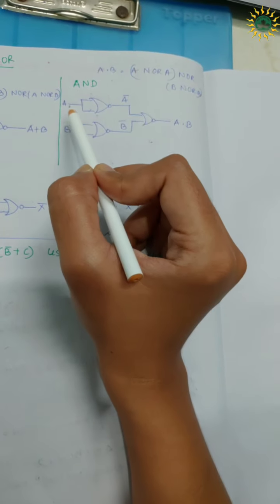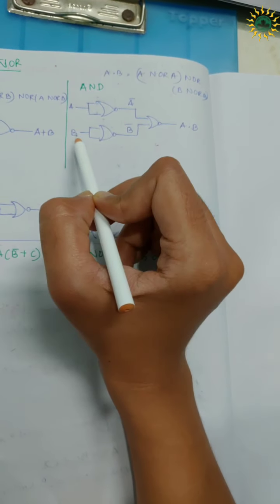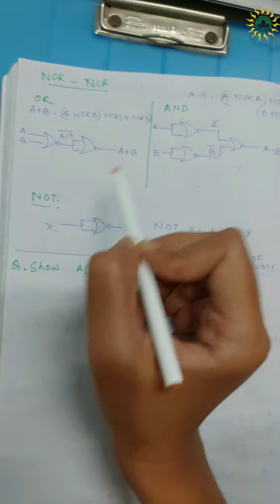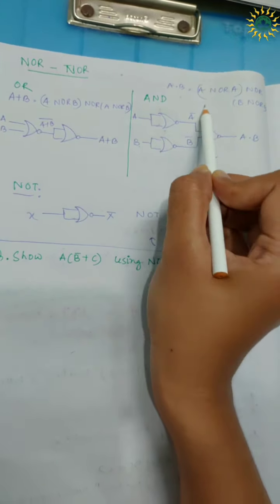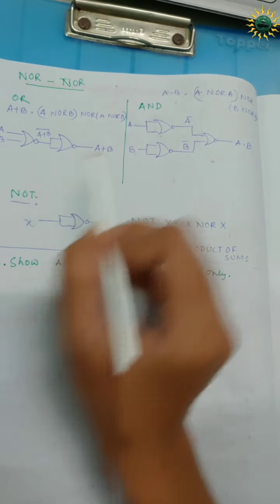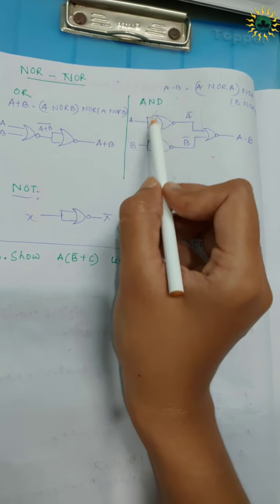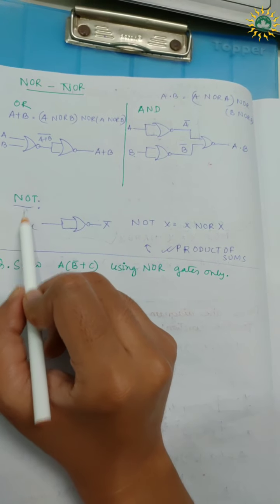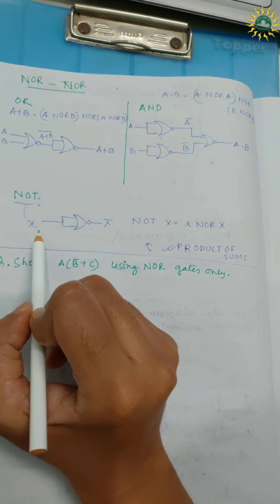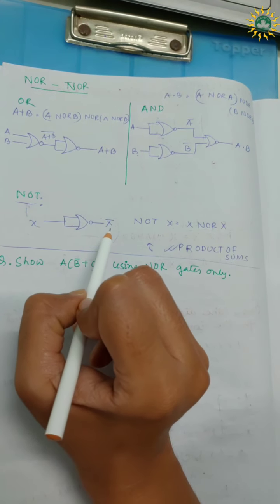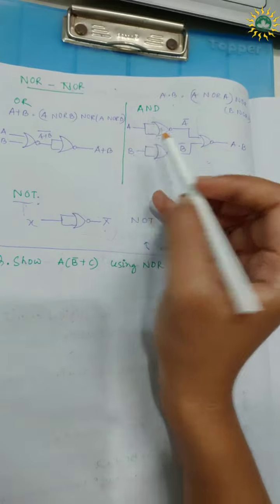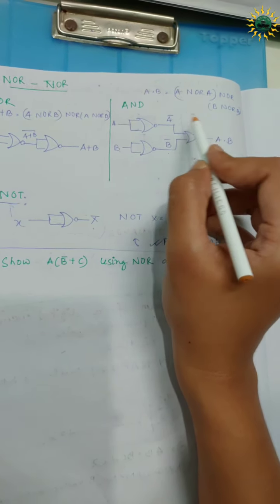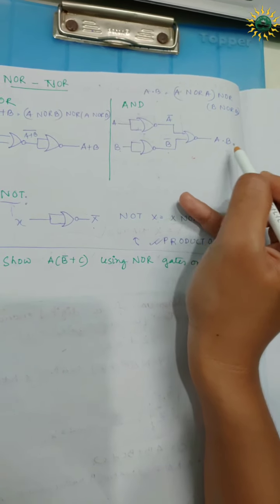In case of AND, we are passing A through a NOR gate, we are passing B through a NOR gate, and getting the complement of that. From this one you can understand how to get a complement. We are passing A twice through a NOR gate, that will give you the complement. So that is how you write the NOT operation. We'll pass one value twice through the NOR gate, that will give you the NOT operation, right? Now we are getting A bar and B bar, then we pass those two through another NOR gate, which will give you A and B.